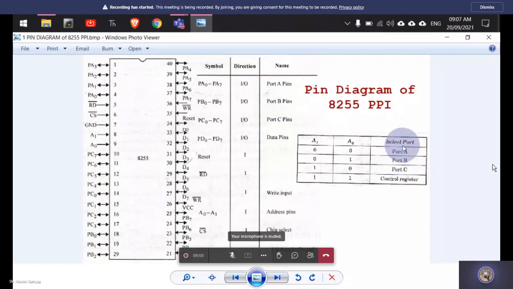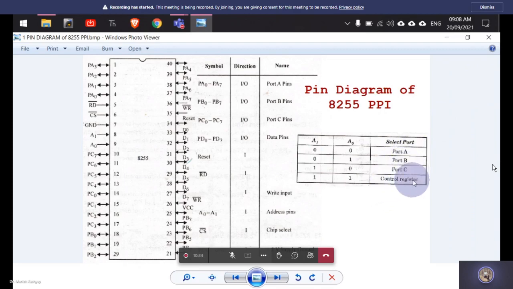On this slide, you can see that there are various things. First of all, there is this IC diagram of a programmable peripheral interface. And you do not need to remember this complete IC diagram. All you need to do is understand this programmable peripheral interface, right? It has three ports. For example, you can imagine a USB hub which has got three ports. So this 8255, which can be interfaced to either 8086 or 8085, has three ports: port A, port B, and port C, as you can see here.